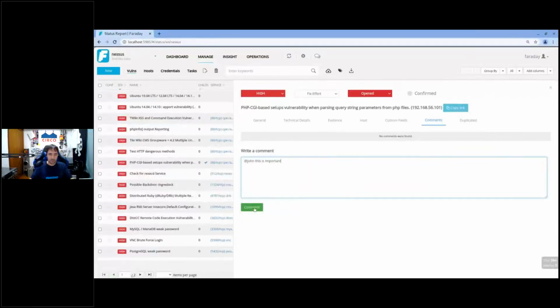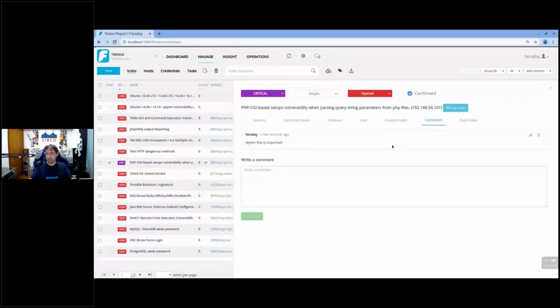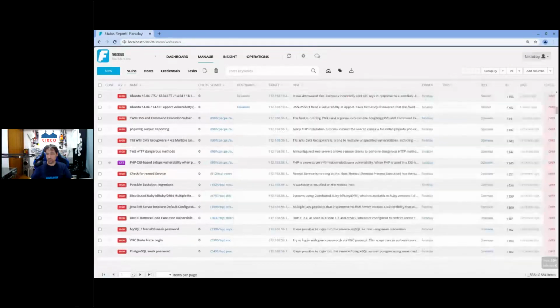And I change the severity to critical actually and confirm this vulnerability because I'm sure it is and it's simple to fix. I did all that, no? And they leave a comment. Now, if I go log out,